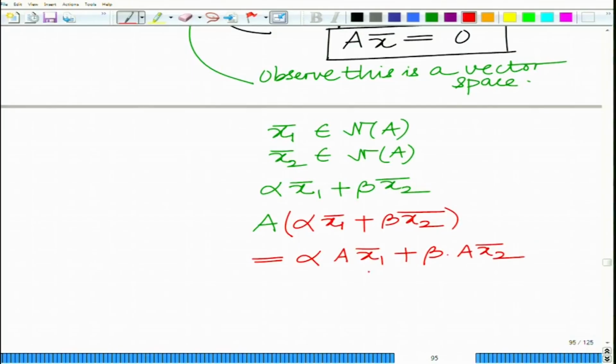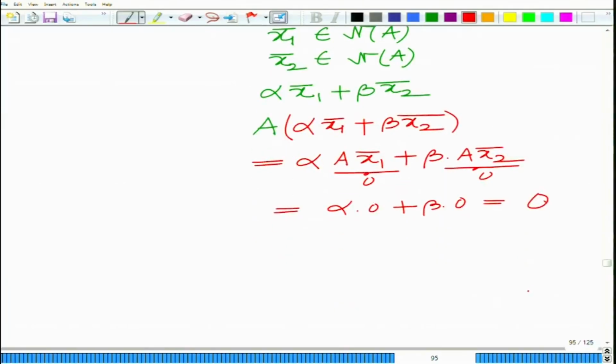But remember, x1 bar and x2 bar are both elements of the null space. So, A x1 bar and A x2 bar are 0, which means this is alpha times 0 plus beta times 0, which is 0,